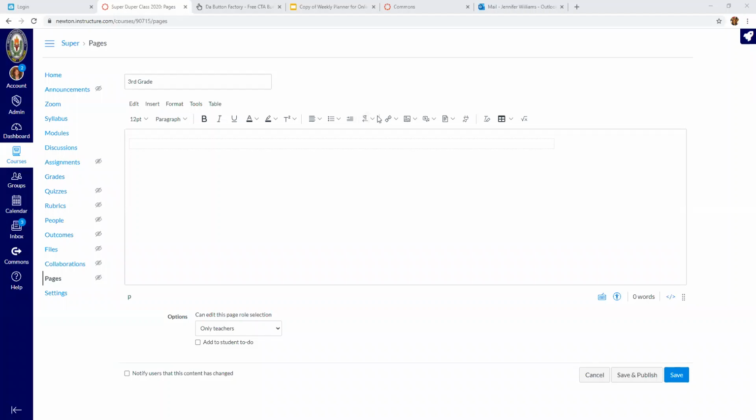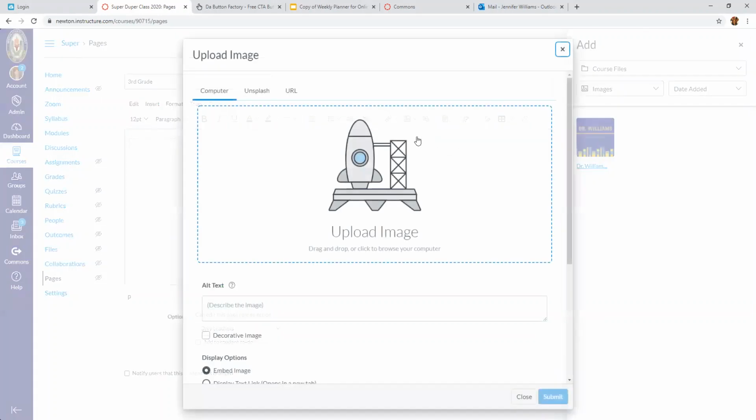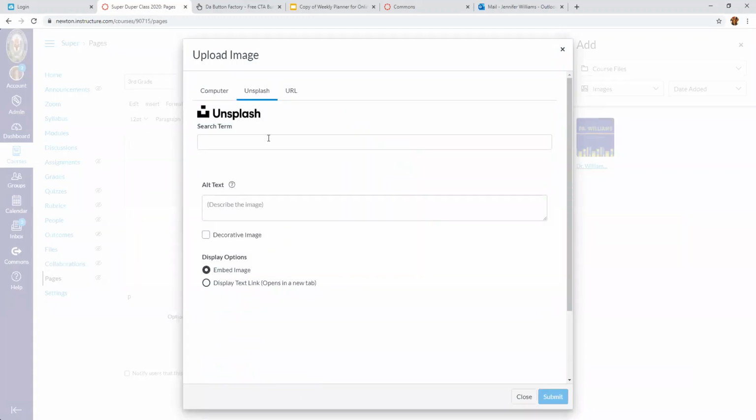But if I don't want to do that, then I can always go here in Canvas to the picture tab. So I'm going to upload an image, or I can get a course image. So if I have an image already in here, I can pop it in. I can upload an image, meaning I want a new image. The cool thing about when I press upload an image, if I click the second tab, Unsplash, I can type